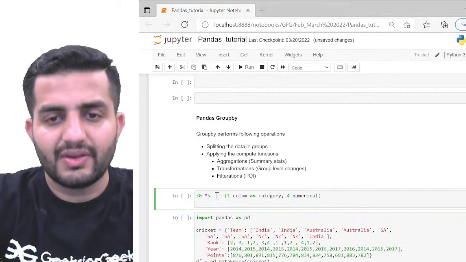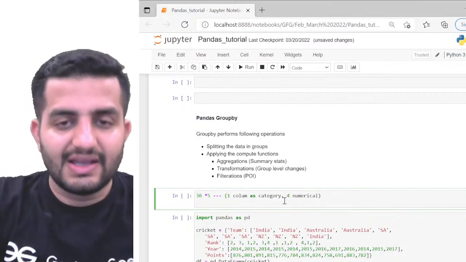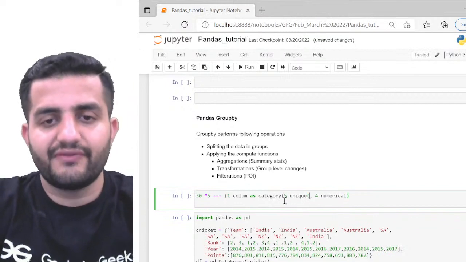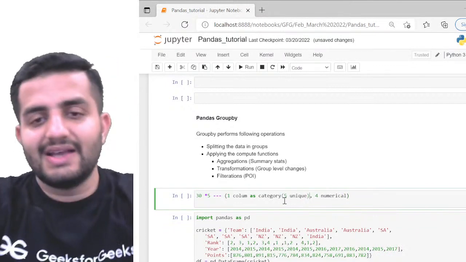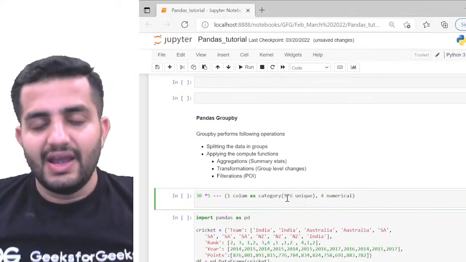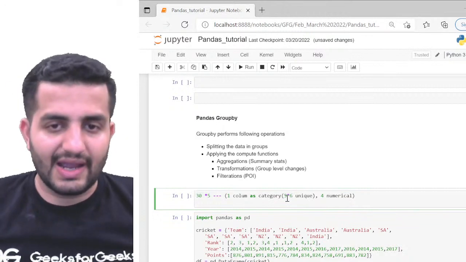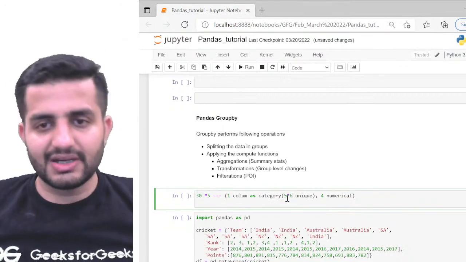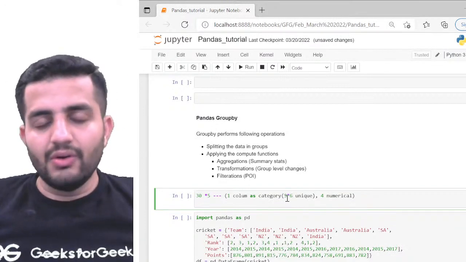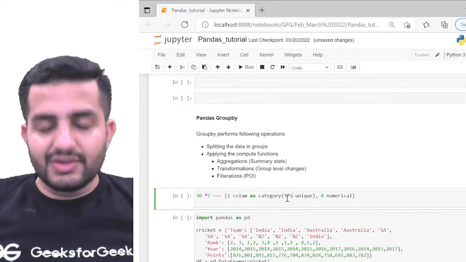Now this category column has, say, 5 unique values internally, and every category has 6 rows. So 5 cross 6, 5 categories, and for each category I have 6 rows each. So totally 30 rows I have. That's what I have from the category column, and separately I have 4 numerical columns, right? Now, when I do a group by on this category column,